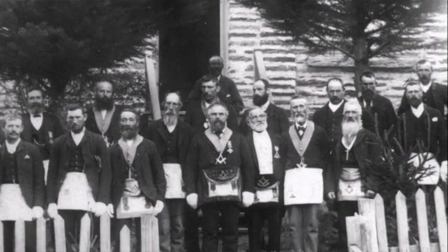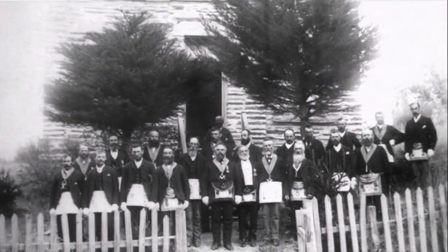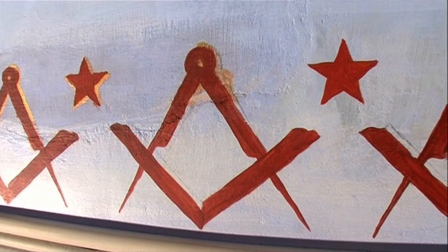4 years later, a Mr. David Henderson was contracted to apply 3 coats of interior plaster to the lodge walls. While the murals were most likely painted at around the same time, lodge records hold no clue to the artist's identity. By the turn of the century, after the 1890s, there's an economic recession in New Zealand, so things slow